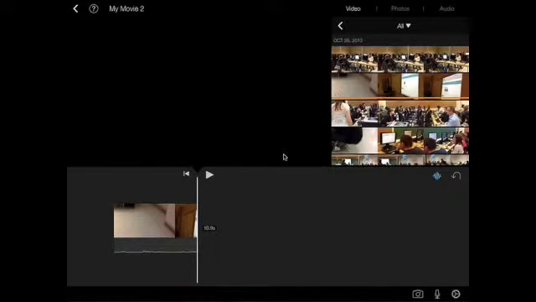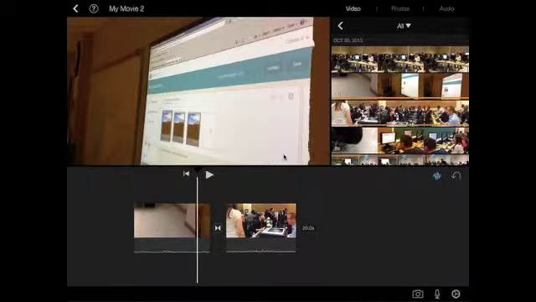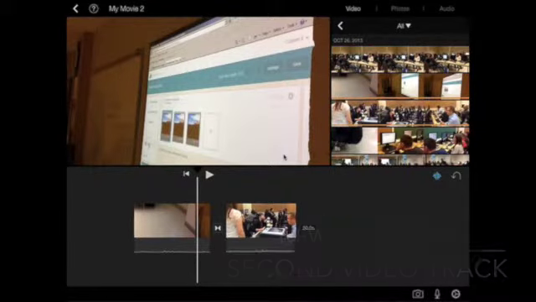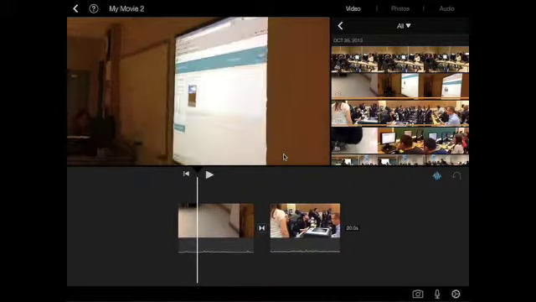The first new feature that I really like is the ability to add in really a second video track. This was not available in the original iMovie application, and it is very powerful and I think probably one of the best new features of this new iMovie iOS app. And what that means is that if I were to select, I've got 2 video clips right now on my